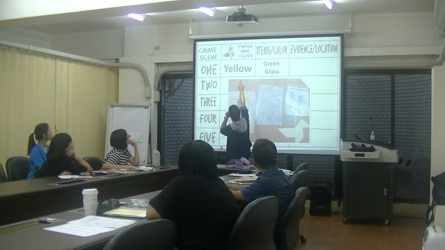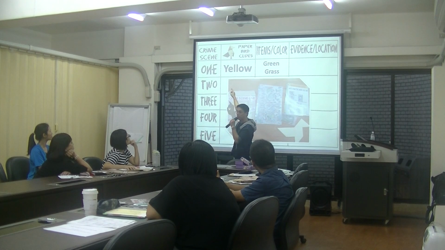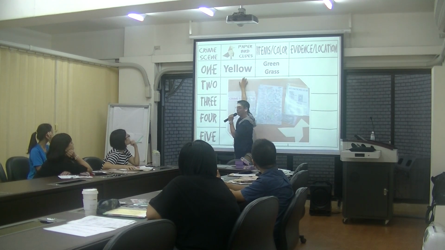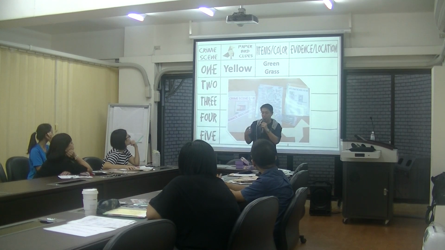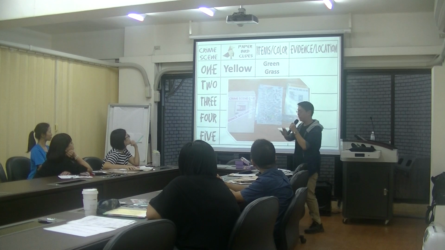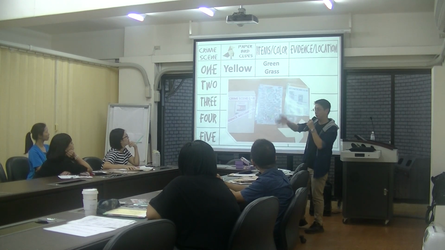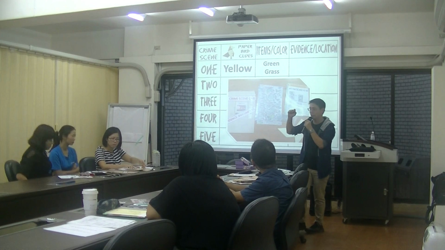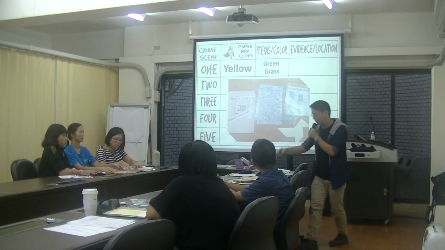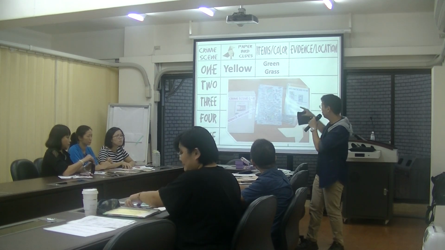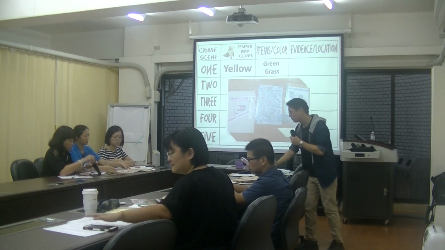And every crime scene there will be a paper bird clue, a paper clue, and then you have to write it over here. Sometimes you have to look at the color, sometimes you have to look at the symbol. I won't tell you any more, so you have to figure out within your team how to solve this first crime scene. And remember, you can open your black bag to find tools you need to solve this crime scene. Okay, go.